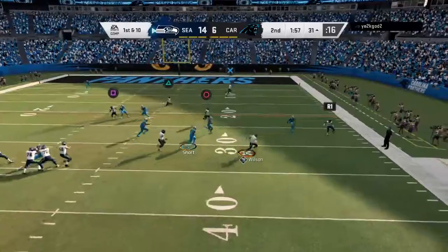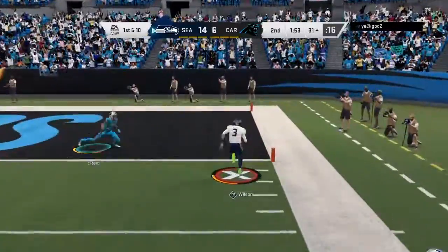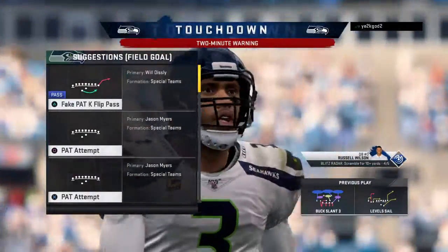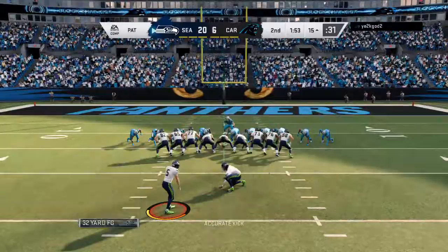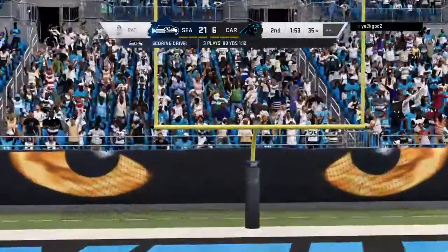Wilson eluding the pressure right. He's got a first down and much more inside the 20. And he's going to score. It's a Seahawk touchdown. Russell Wilson with his second touchdown here in this first half. And the Seahawks are able to stretch that lead out a bit further. Myers connects on the